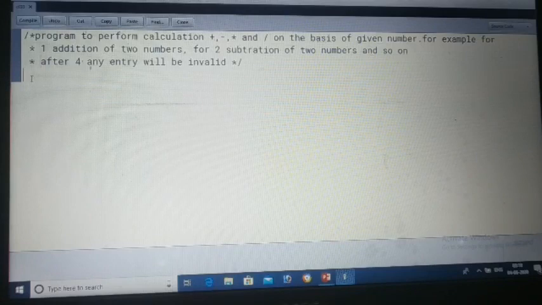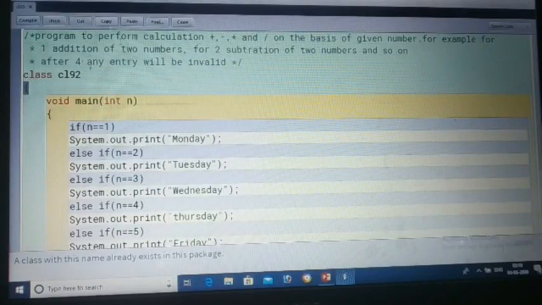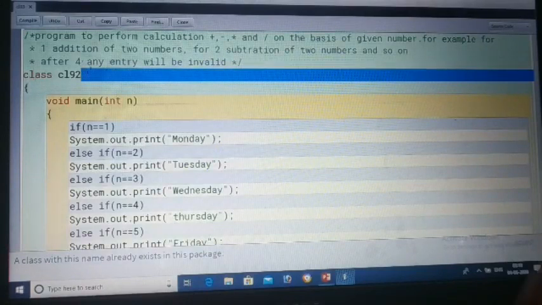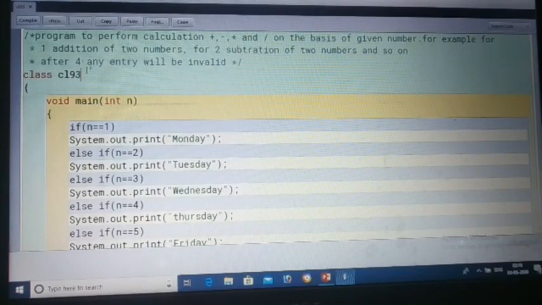Now the question is how will you do it? If you are understanding the program, you will take a number for choice 1, 2, 3, and you will take 2 other numbers for performing calculations. On the basis of choice, you will perform the calculation. See, it is a very easy program. You need not worry about this program. We have just copied and pasted the last program, and we will implement here only. See, CL3, first we will change the line, then the condition will be nearly the same.